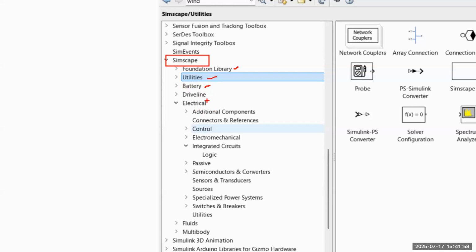If you are developing EV or mechanical systems, you can use Driveline or Multibody. If you are doing thermal analysis with fluids, you can use Simscape Fluids. But today, we will use more of electrical systems.